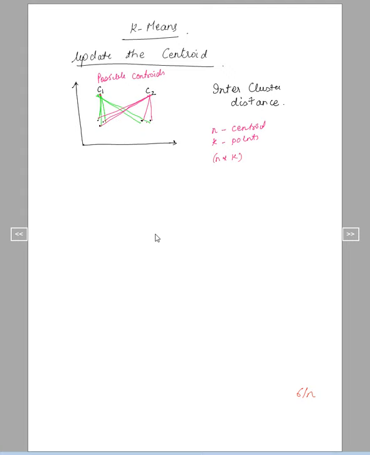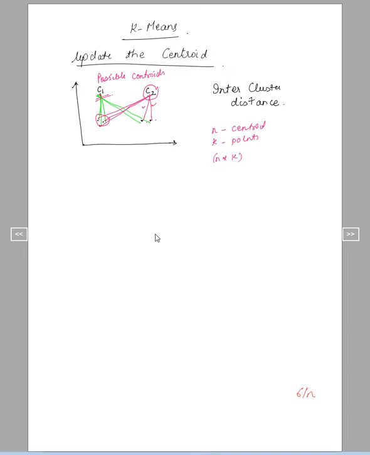Now if you can see, if C2 is a possible cluster, these two distances will be less than all the distances of the points which belong to cluster 1. Similarly for C1, these points will have a lesser distance compared to the points of cluster C2. This is the mathematics behind the clustering algorithm: with these distances, you know which points are closer to you and which points are farther from you. In k-means, we just take the simple Euclidean distance, but there are various optimizations to k-means so that the number of iterations reduces and the performance increases.